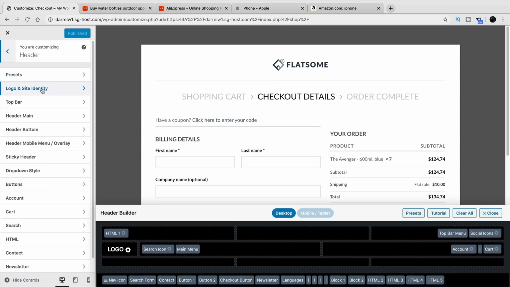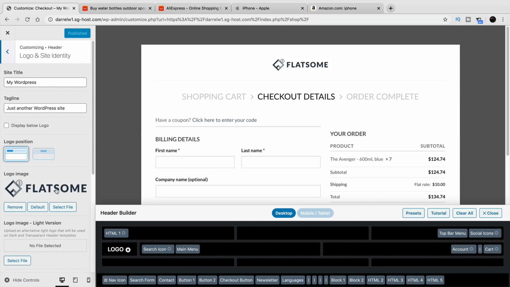So over here under presets, you can go to logo. This is where you can actually upload a logo. Now, if you don't have a logo, which most of you probably don't, I recommend going to Fiverr. So go to